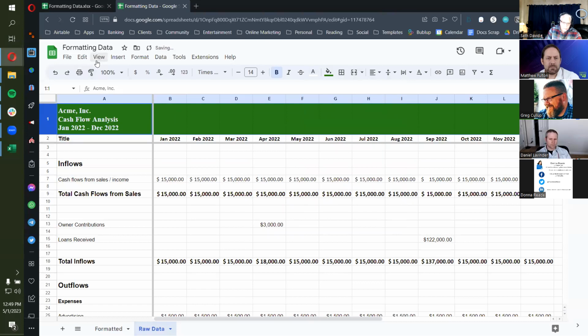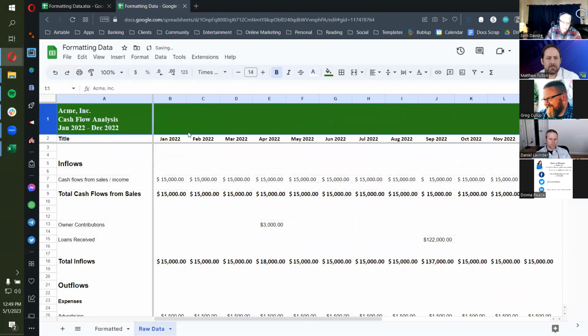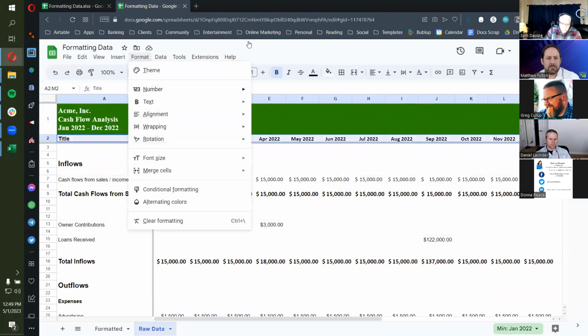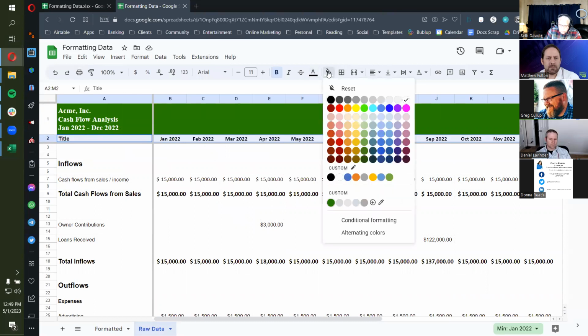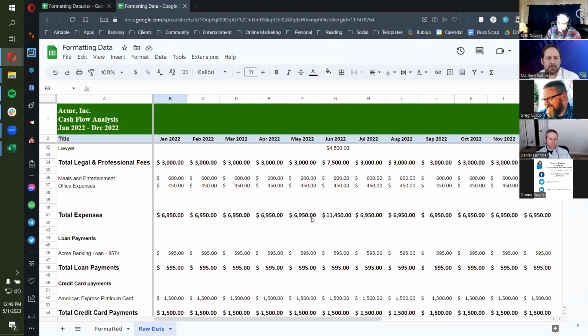Okay. View, show, grid lines. So you have all the same features. They're just laid out differently, right? So that takes a little getting used to, right? Let's forget that way of doing it. Let's do something similar to maybe what I did, right? I get a nice little outline, and now let's do my grid lines.